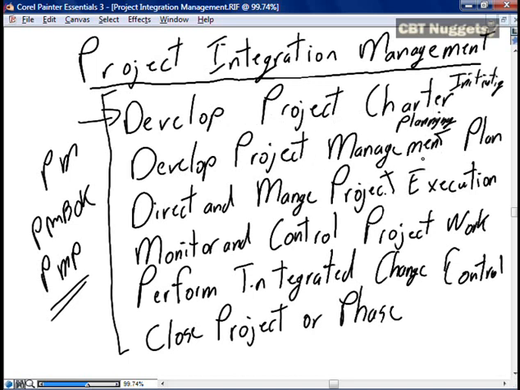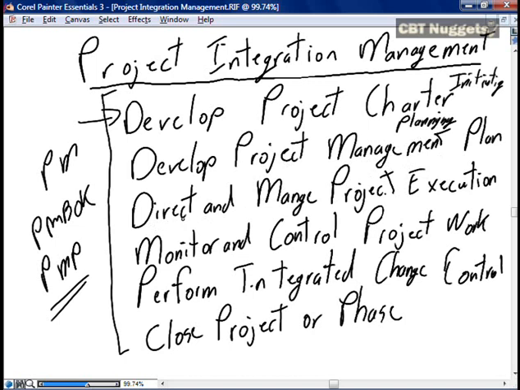Again, we present the project management plan, which defines our approach for scope, time, cost, quality, procurement, human resources, communications, and risk. I believe I got all 8 in there. If I missed one as I rhymed them off the top of my head, I apologize. The development of the project management plan consolidates our approach for each and every one of the other knowledge areas. We present that back to the business, we present that back to senior management, and again, we obtain approval to proceed into the execution of our project.